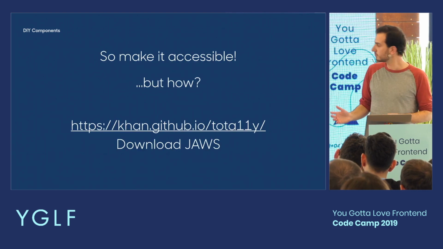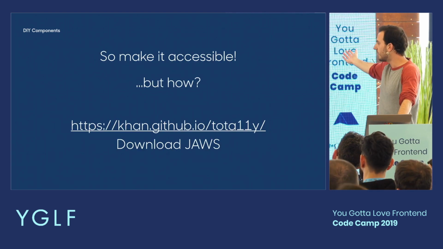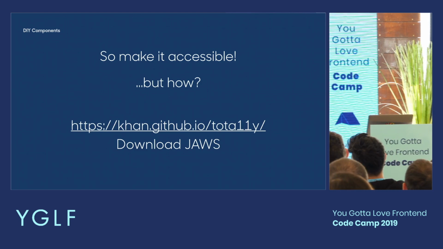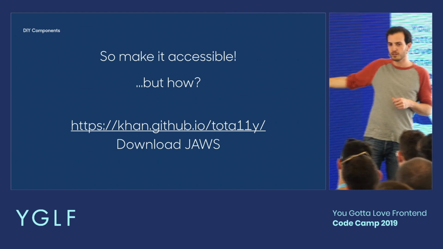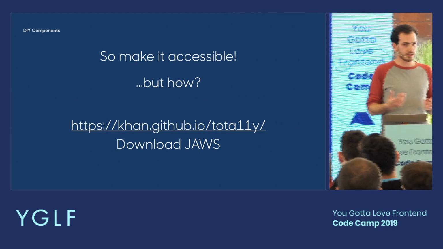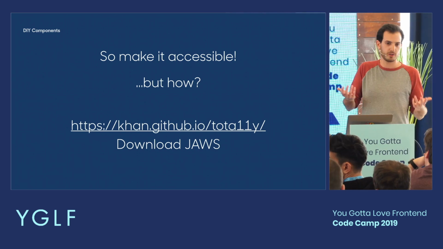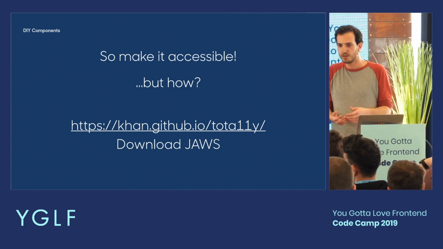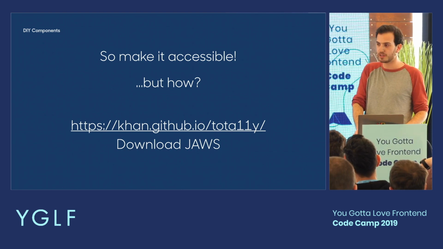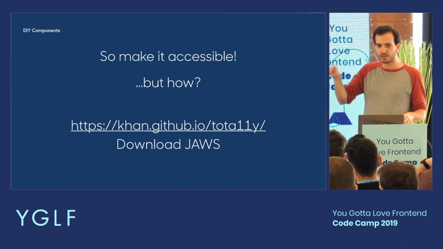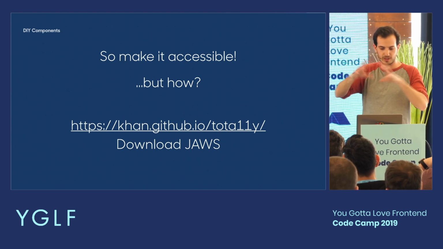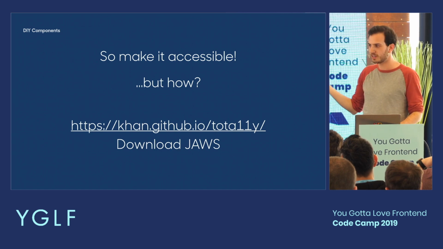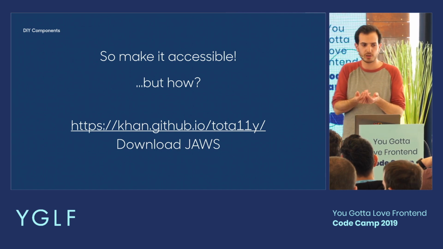So make it accessible, but how? Simply, there are two things that I want to highlight there. The first one is a tool by Khan Academy, which audits your website for accessibility. It's a little bit like Lighthouse, if anybody's used Lighthouse. It's like a benchmark for accessibility on your website. It's really great. You just click on a button on your website and it shows you everything directly onto your UI. It's wonderful, check it out, and you can get very quick tips